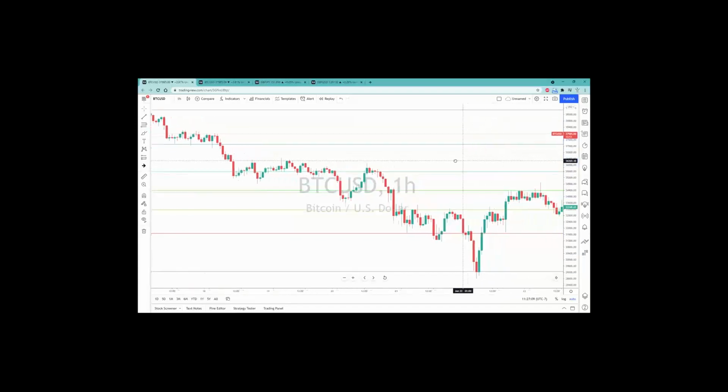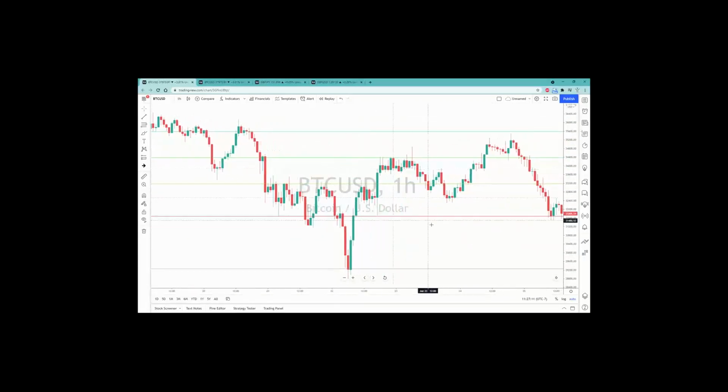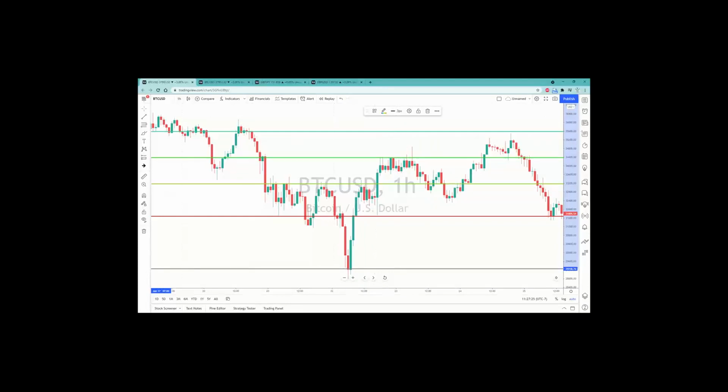Now, if I were to pull my prices forward, actually, let's go back here for a second. I want to make these lines a little bolder for you. Okay. Now, let's take a look at what price did as it moved from our 0 level to our 23.6 level to our 50% retracement level to our 61.8. Okay. And then up to our,